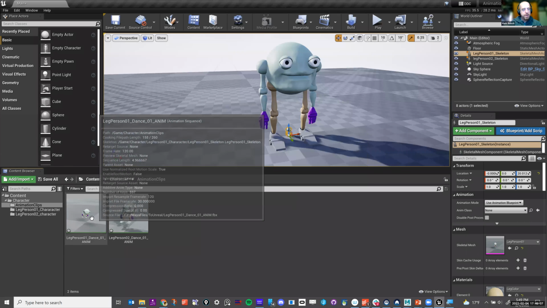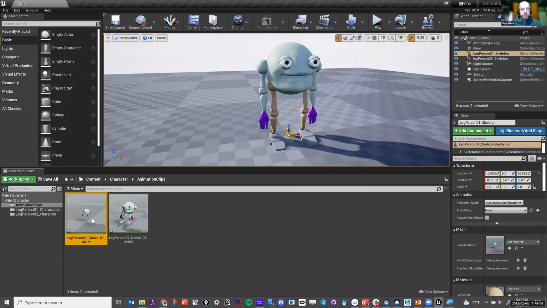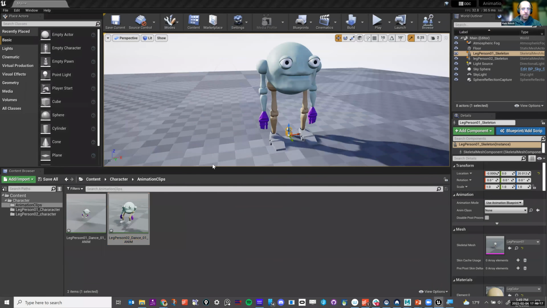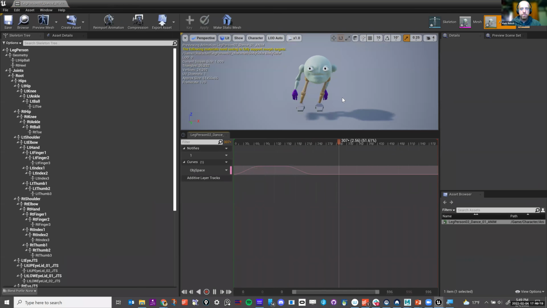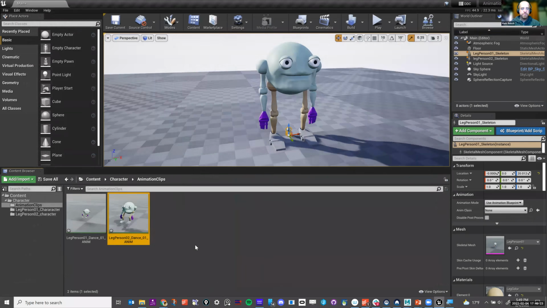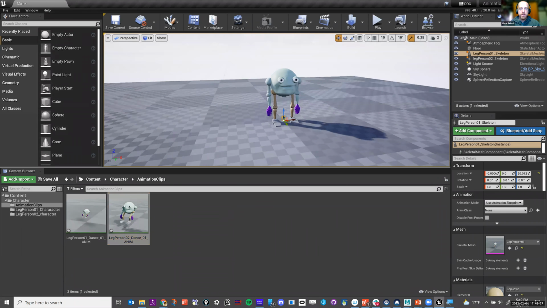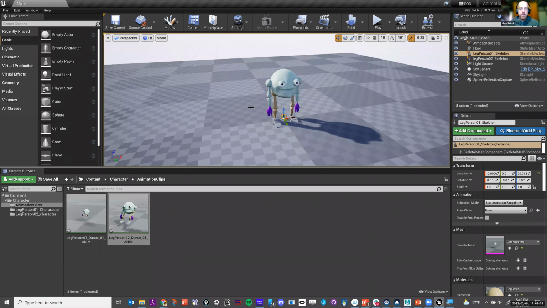Now, if you want to check them, all you have to do is just double click on it, and it'll show you your animation going. And there it is. There's my animation for person one. Here is the animation for person two. There it goes. Okay, and I can close this tab out. All right, so we have the animation going there. And now if I want to apply that to a character, I can do it in a couple ways.